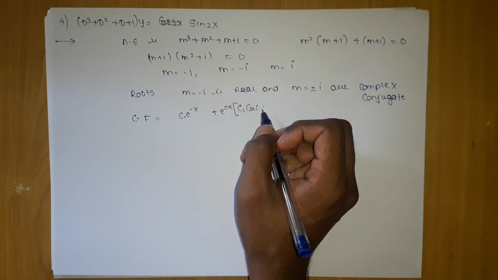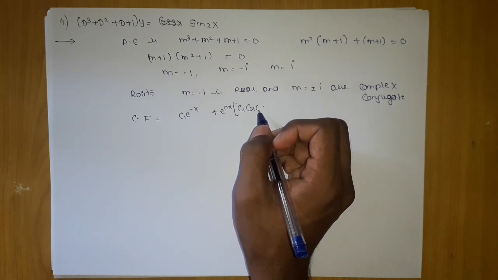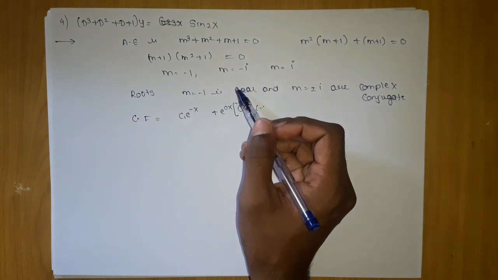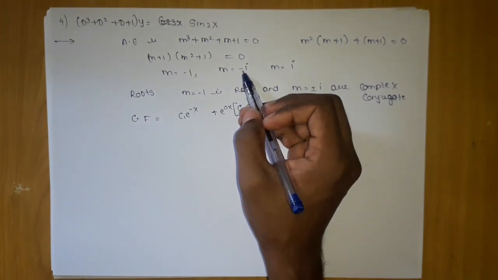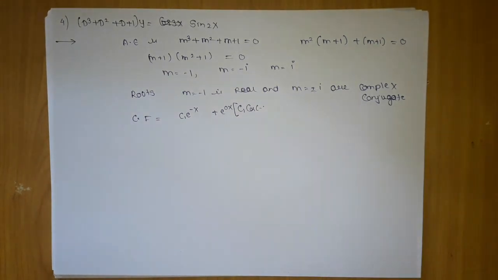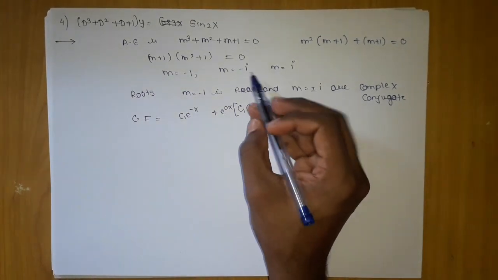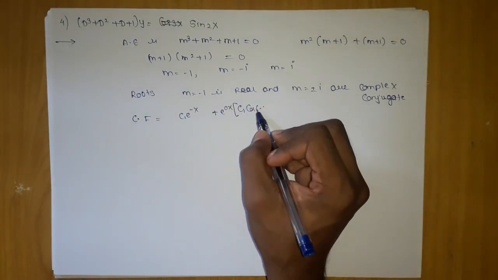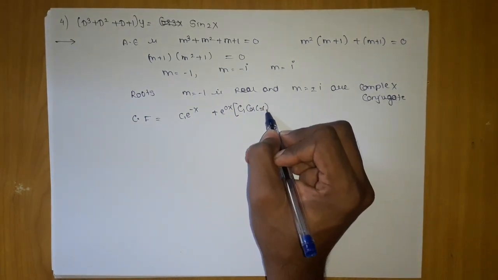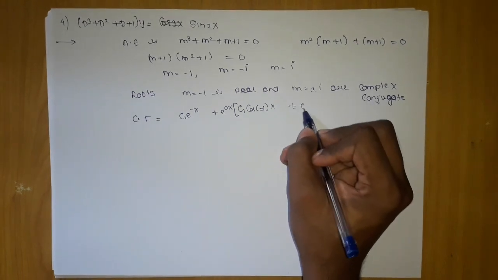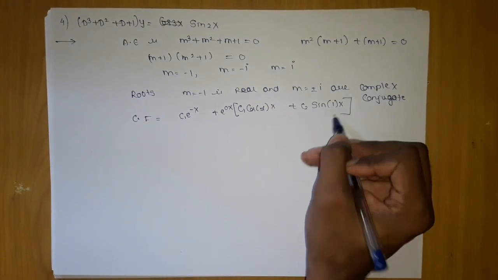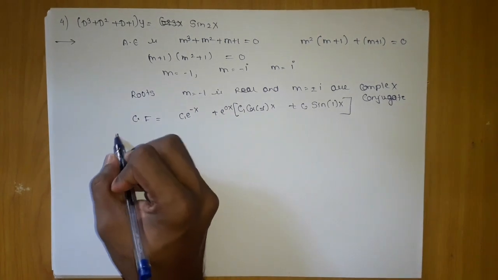Here what we usually do is write the plus iota first and the negative iota second. So we don't take the negative sign, we take the positive one. Many students take the negative, which can be a problem, so try to take the positive one. So it is 1 into x, c2 sin 1 into x. This is our complementary function.